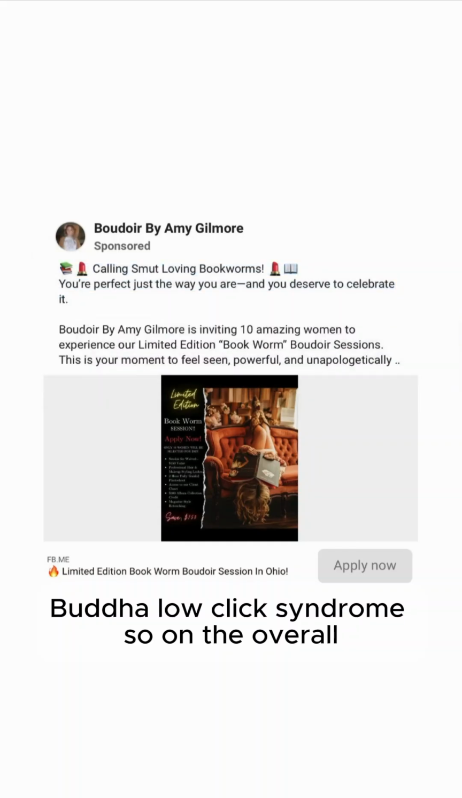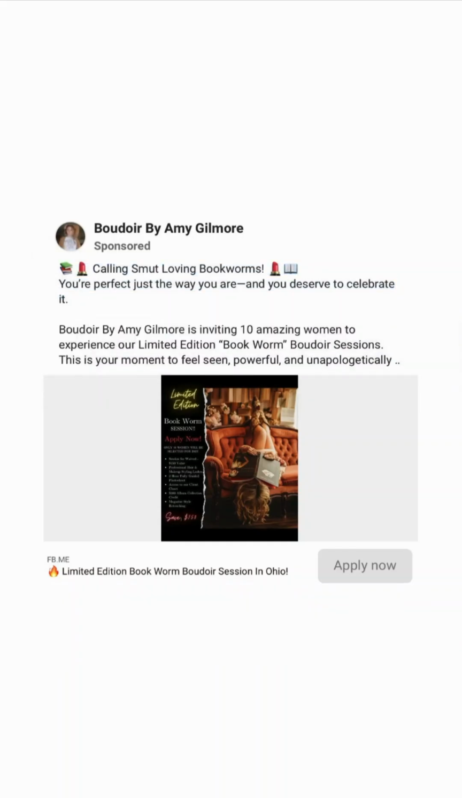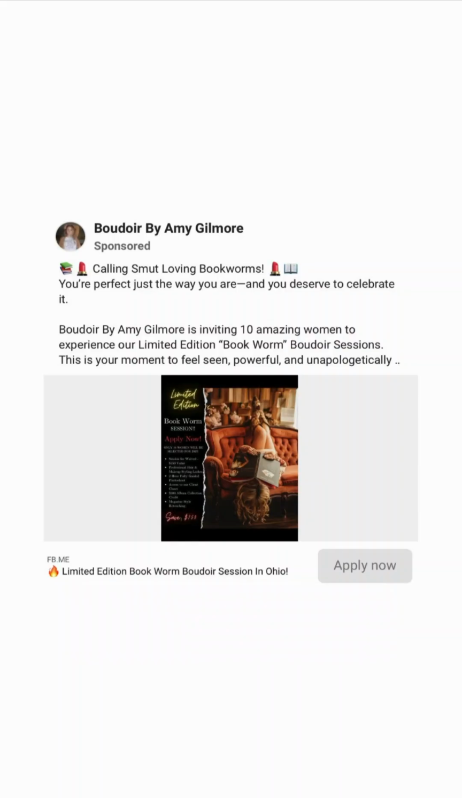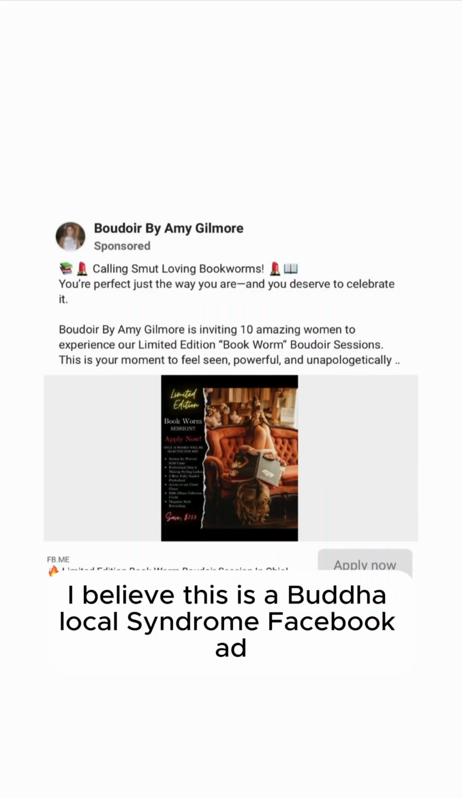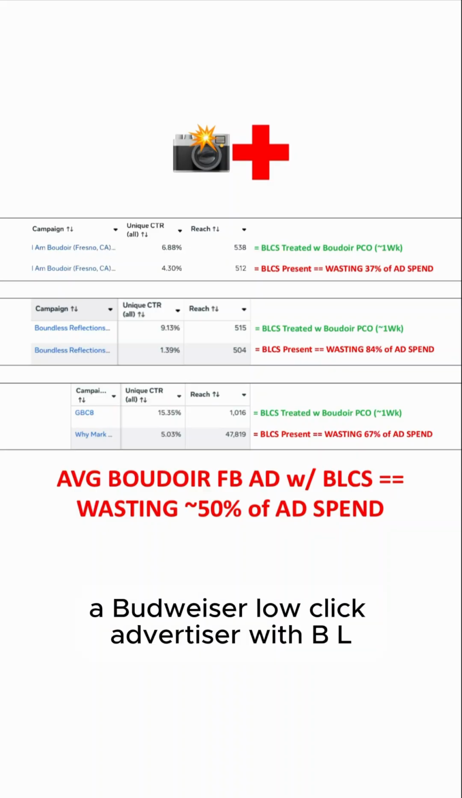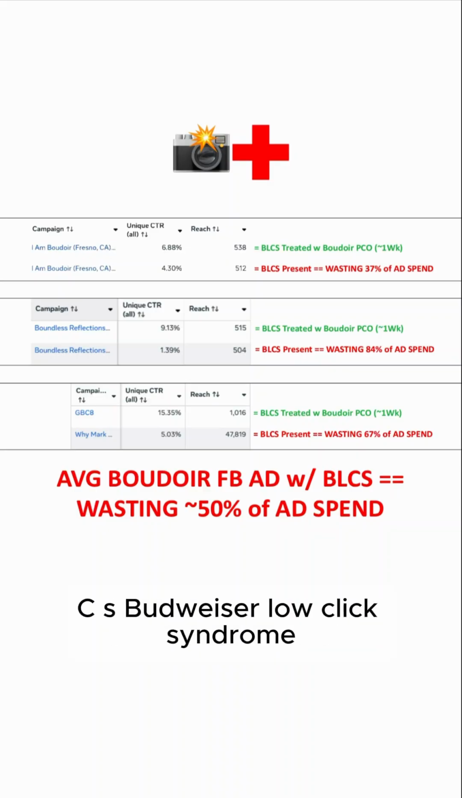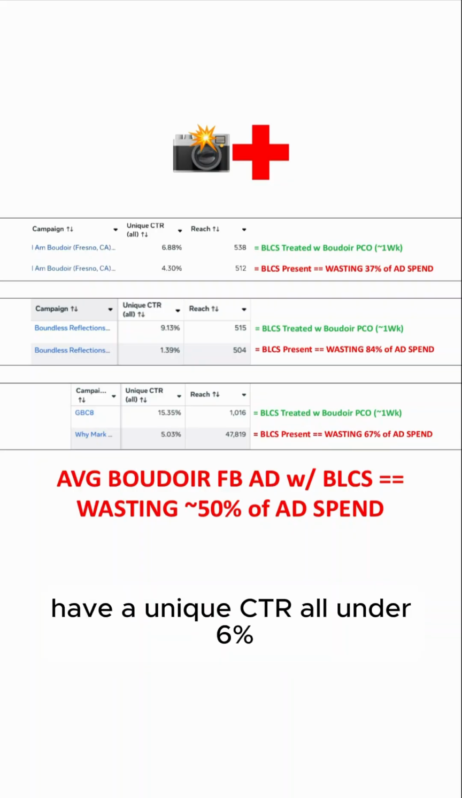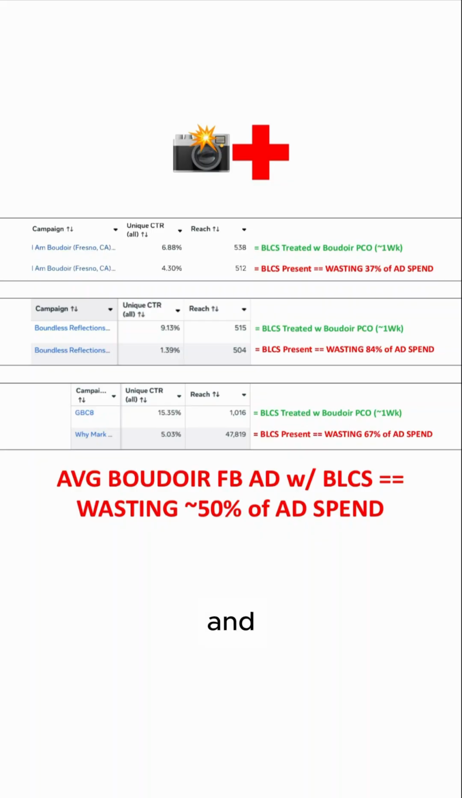So overall, do I believe this Boudoir Facebook ad has a unique CTR under 6%, aka has BLCS, aka has Boudoir low click syndrome? Yes, I believe this is a Boudoir low click syndrome Facebook ad. So if you're a BLCA, a Boudoir low click advertiser, with BLCS, your Boudoir Facebook ads have a unique CTR under 6%, and